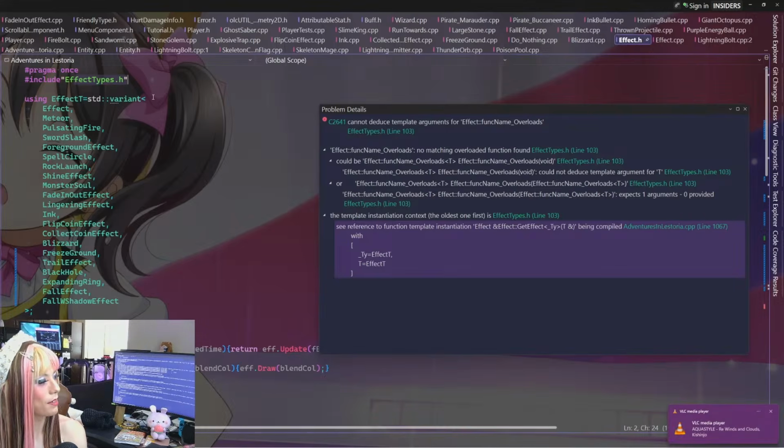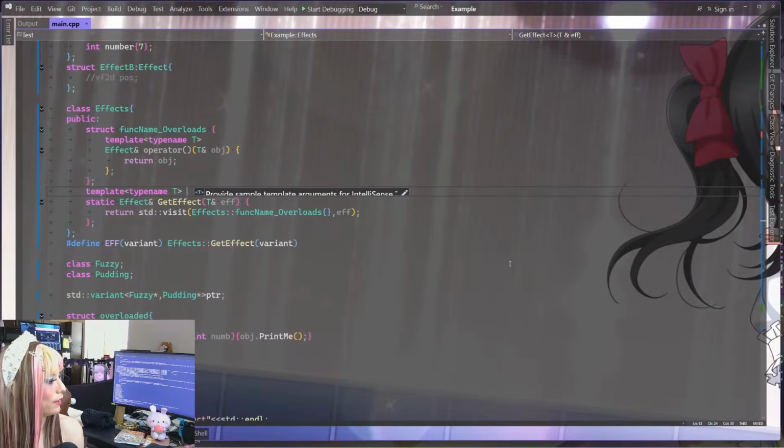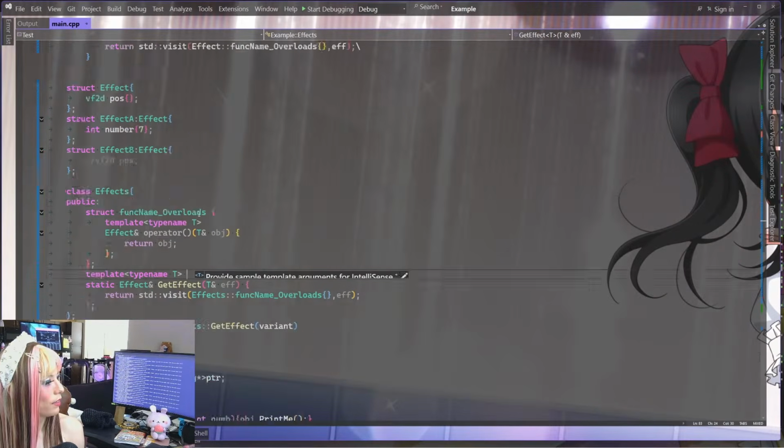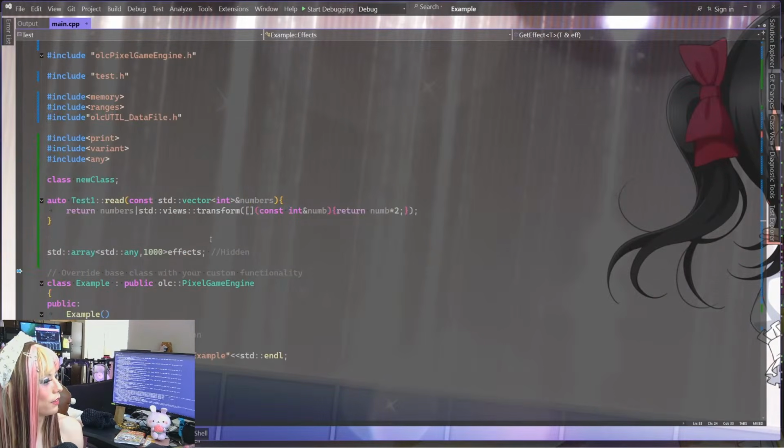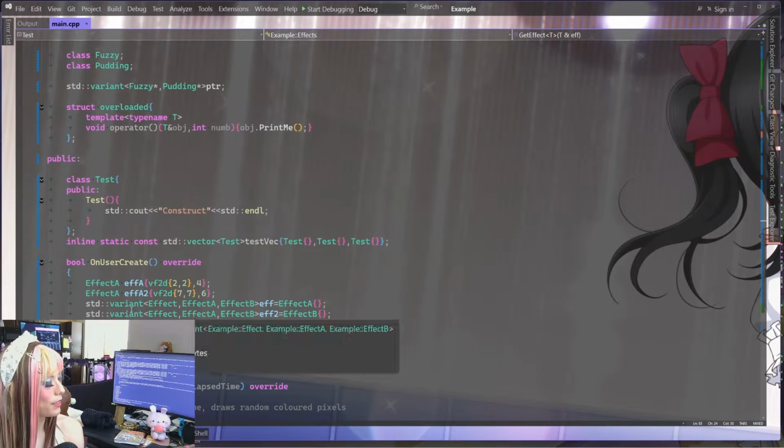Maybe it doesn't. Okay, maybe that's the issue. Because in this example, I think the types are known. But then they get generated right here.